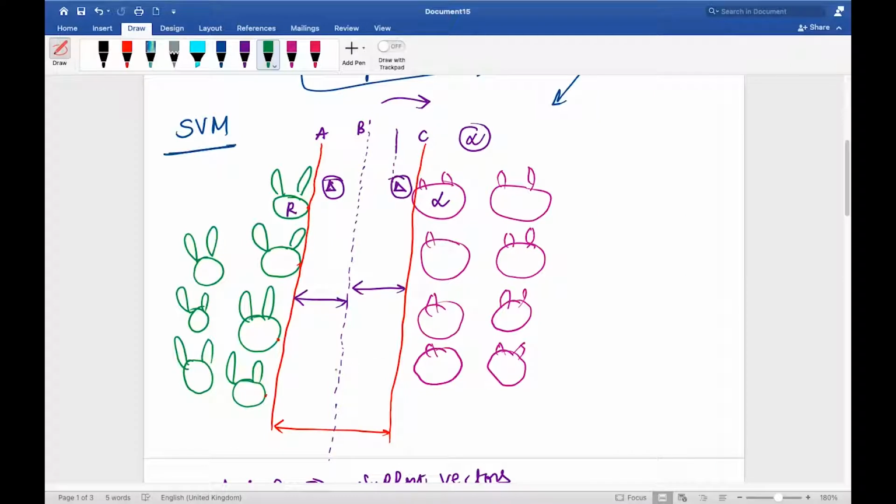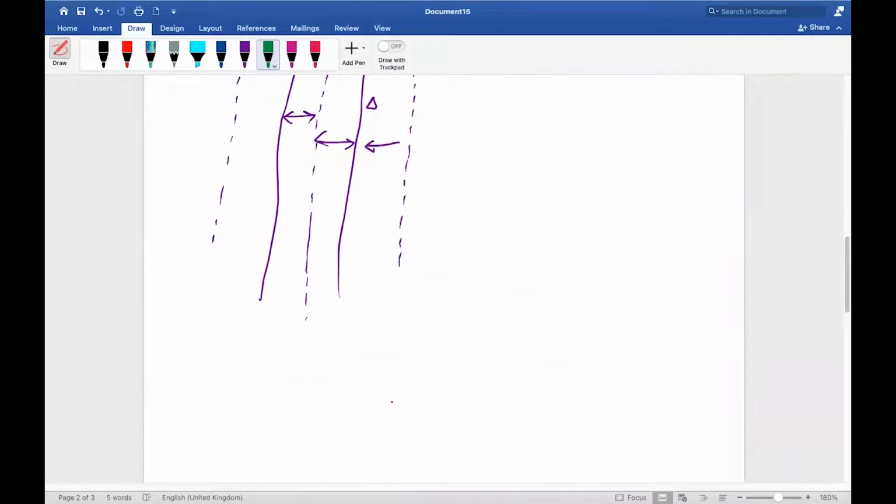Now let's assume that a new point came here, a new rabbit came here. Now what will happen? Now my hyperplane will pass like this. That means it is not necessarily in this direction. It can be like this and parallel to that, correct? And then my decision boundary is going to be in this direction, in this way. And this is called the margin, right? Understood? Yes, no?